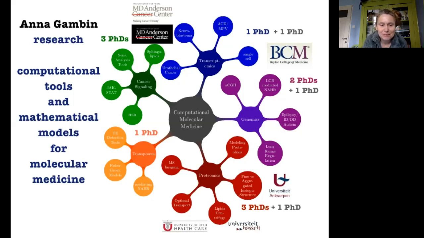It's maybe not humble to say, but I'm quite experienced in supervising young researchers. So the number of PhD theses completed and in progress are also depicted here. And as you can see, the biggest sub-tree is the red one, and it deals with proteomics, and we will focus on these proteomics